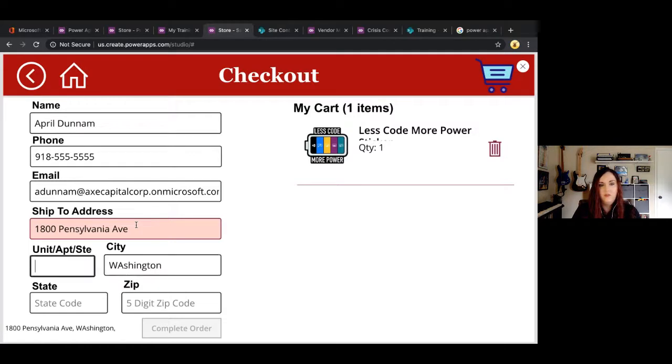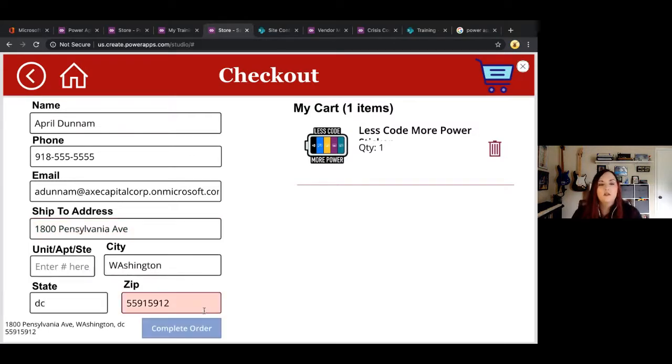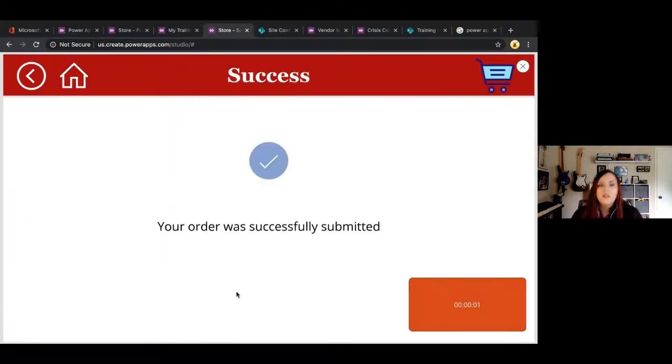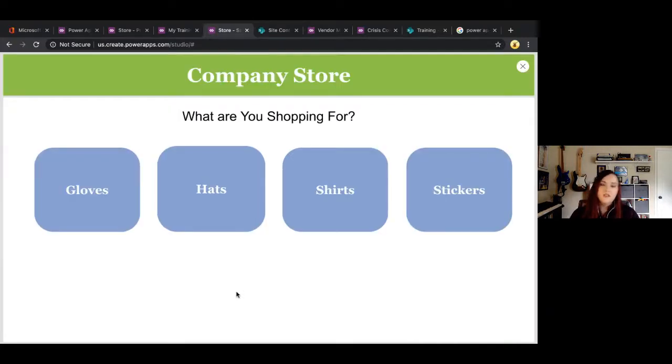You get the point. Okay. And now I'm going to click complete order. And just something as simple as this, showing a screen letting them know their order was successfully submitted. And notice what happened there though, just took it a little bit further. I showed them the success screen, but then I routed them back to the home page of the application so